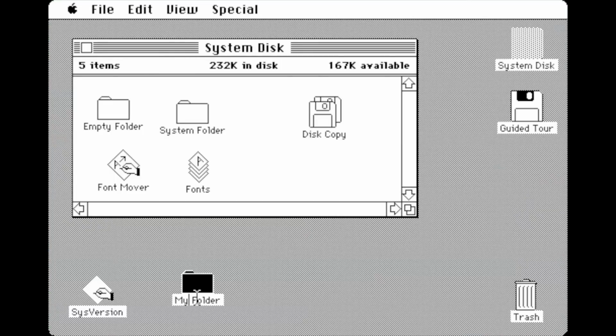Later, Apple would develop System 1.0 in 1984 for the original Macintosh, and then everything changed. Even today, you can see that the first Mac operating system has some striking similarities to what we use today. The Apple logo, the general layout of folders, the taskbar at the top, and the trash can in the bottom right-hand corner. In many ways, it's kind of like a primitive version of OS X, or more accurately, more like OS 9, but you can still see that Apple have retained the general layout of their desktop operating system after